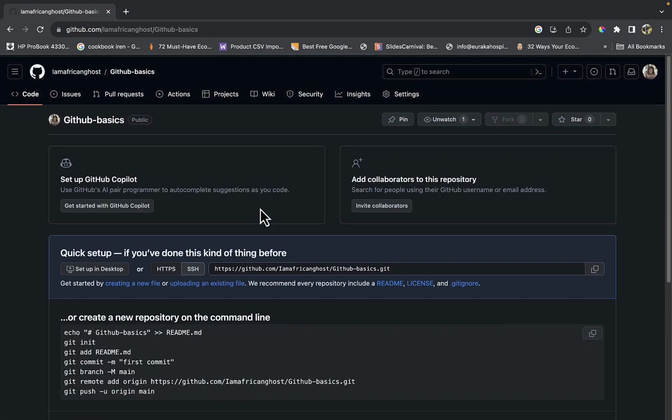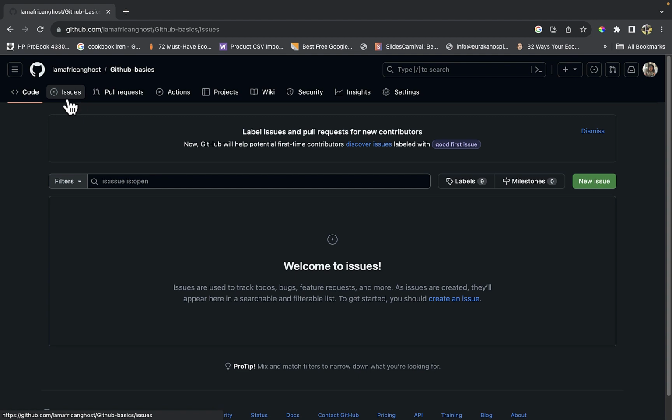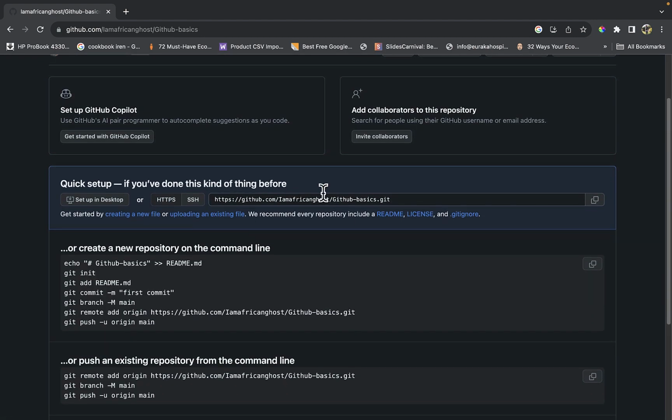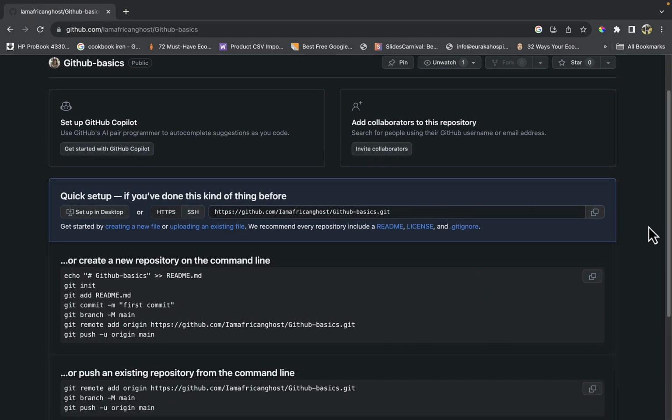Then remember what I told you. Once that is done, let's go to GitHub basics. Then this is the URL that we need. Remember, since it's empty, it's going to give it here to you. Okay, so copy that. Then once that's copied, copying is either by clicking this or just highlighting here